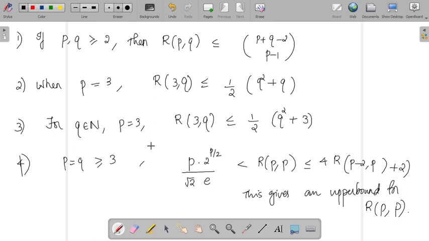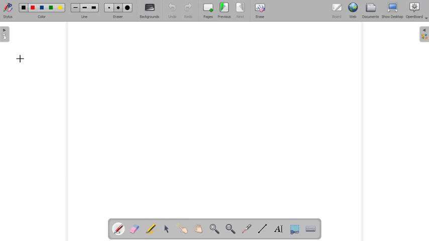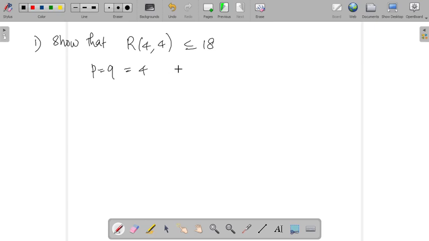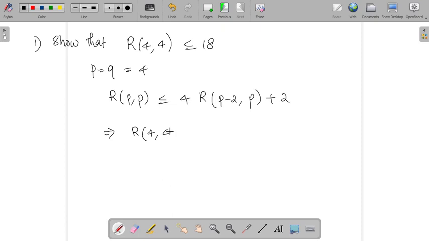Okay, so our problem is, let us look at the problem. Show that R of 4, 4 is less than or equal to 18. So here we have P equal to Q equal to 4. So let me use the last inequality we have seen. So R of P, P is less than or equal to 4 R of P minus 2, P plus 2. So that implies R of 4, 4 will be less than or equal to 4 R of P minus 2,